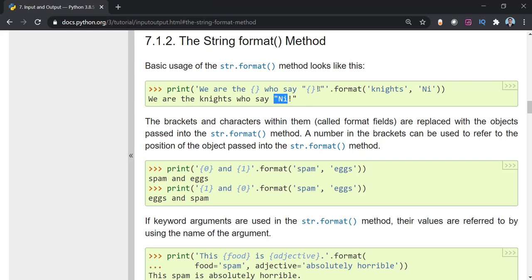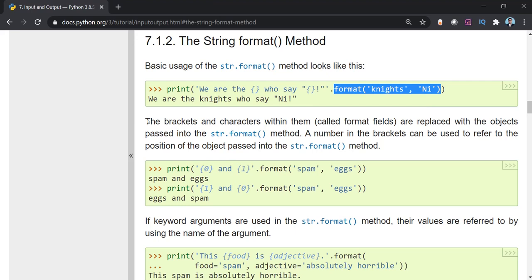Okay, so I think you have understood the very basic concept of this format method. Why it is called a method, we are going to study afterwards, but for the time being, just remember that we are going to make use of this format method inside the print so as to substitute our variables.